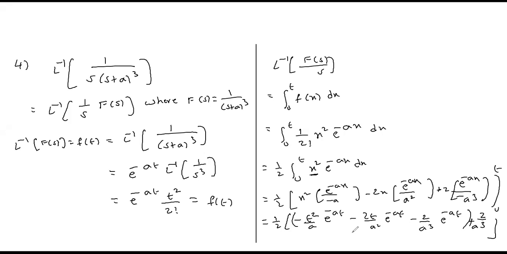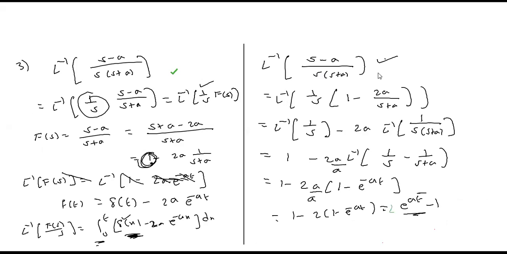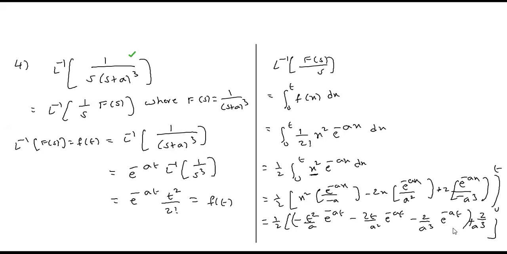So in this method, which one is better, applying partial fractions or the division by s property? Division by s property. In the previous problem, instead of division by s, we applied partial fractions. That's what I'm telling, it depends on the problem. You have to choose the best method wisely.